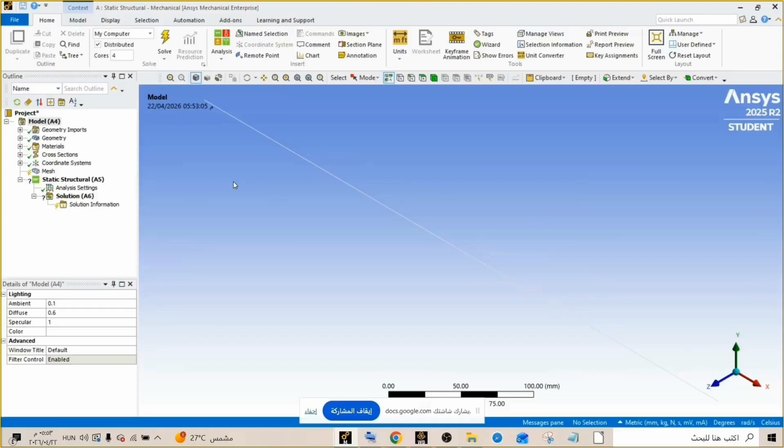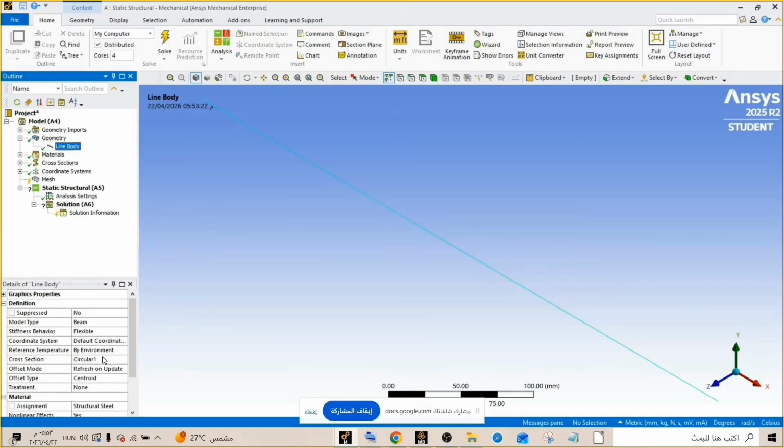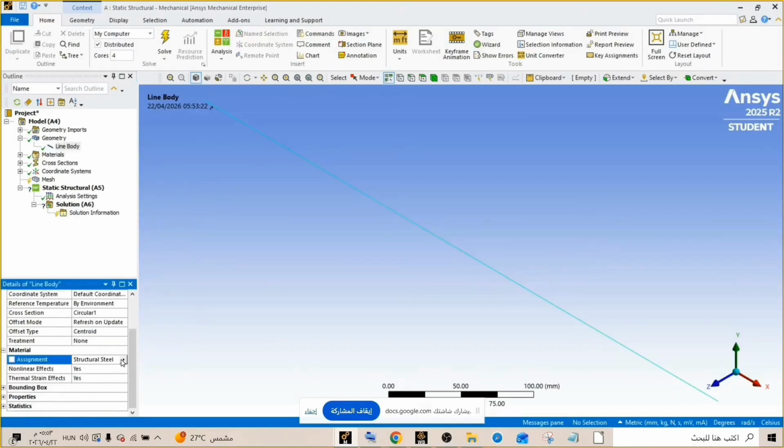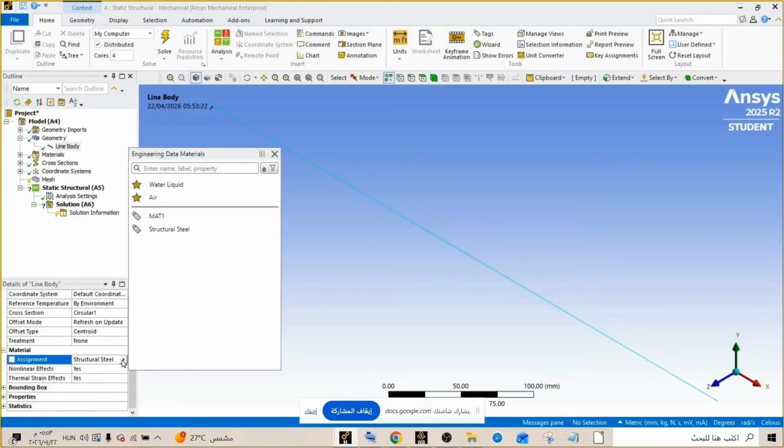First thing I'm going to do, I'm going to choose the material. So I go to geometry, line body, assignment, structural steel, it's predefined. So I will choose material one.